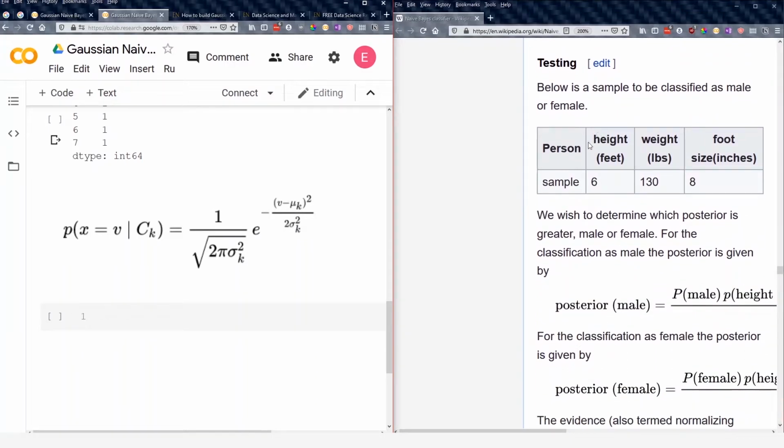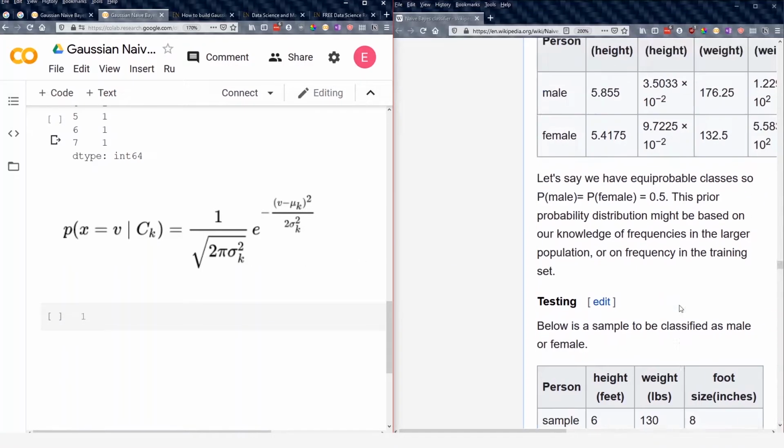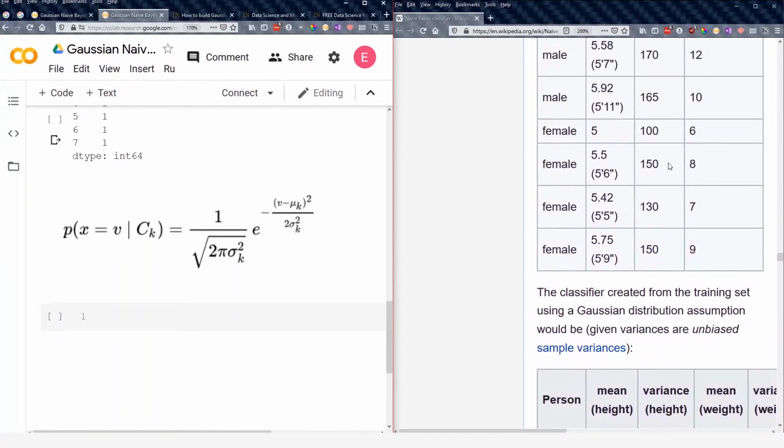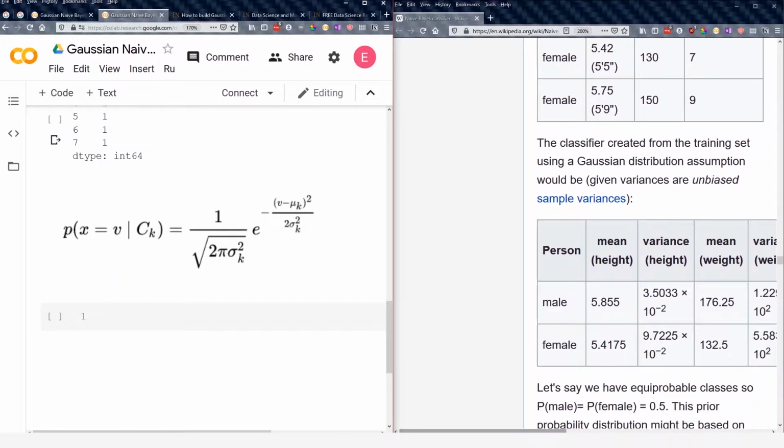And that value is going to be something like height 6, weight 130, and foot 8. So we have to calculate the height, weight, and foot for both male and female. We have to calculate the mean and the variance. So we start with our sample here and then